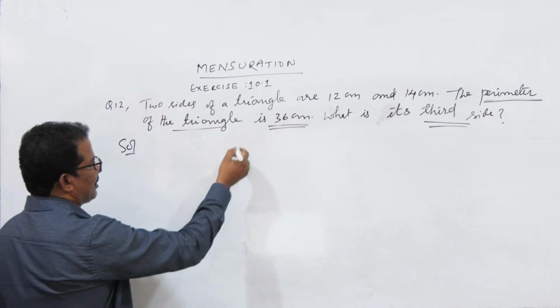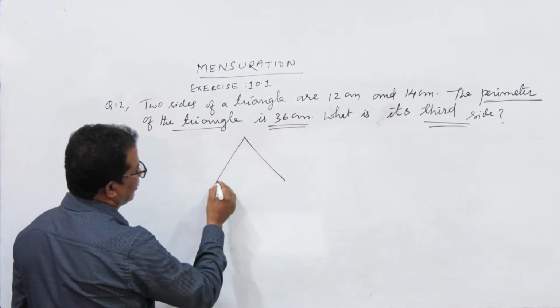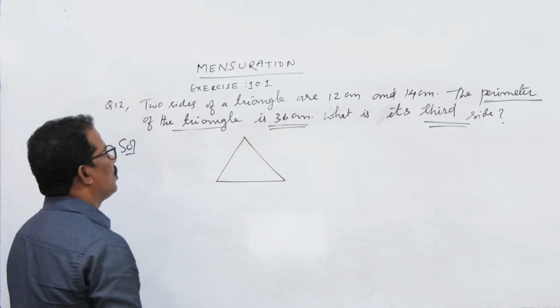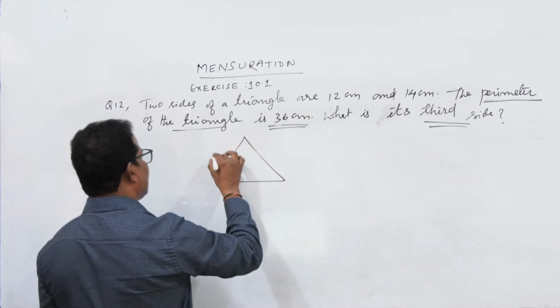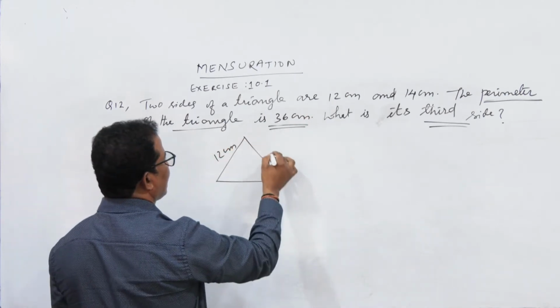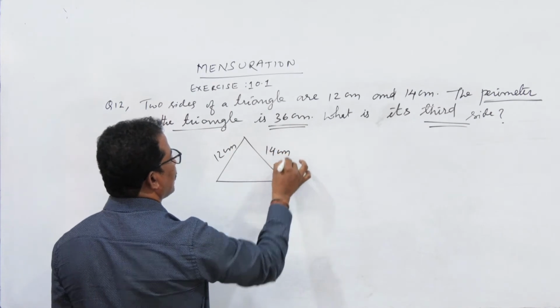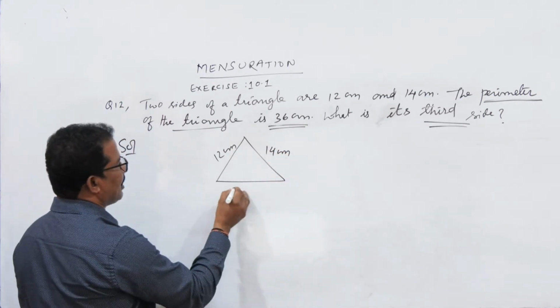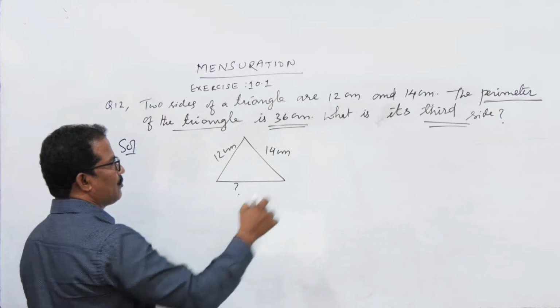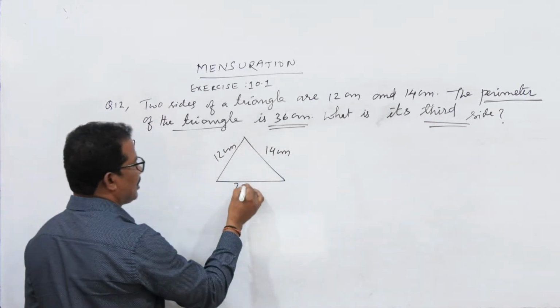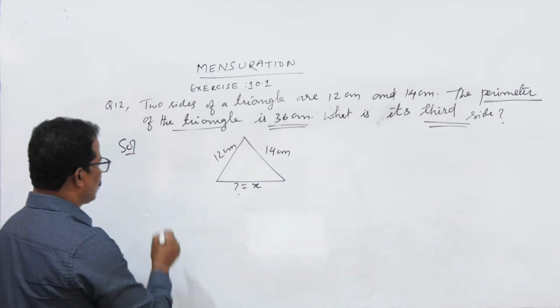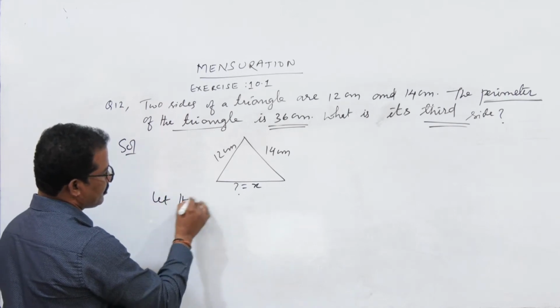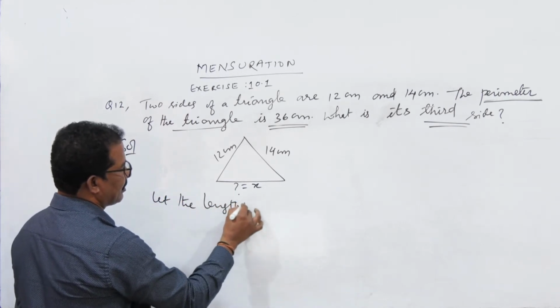For a triangle, we can draw any type of triangle whose two sides are given. This side is 12 centimeters, and let this side be 14 centimeters. But the third side is not given. We need to find the third side. For that, let us take it as x. So let the length of the third side